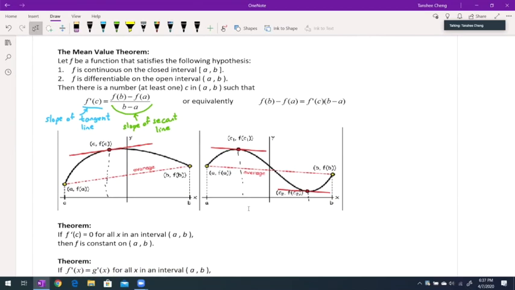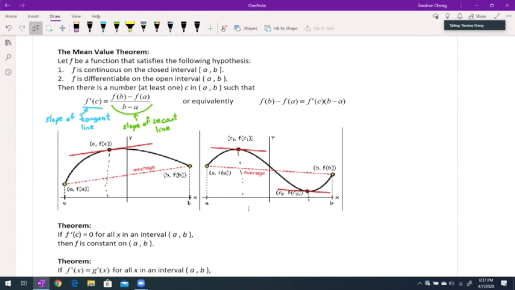Here's the main theorem that we want to look at, which is called the mean value theorem. The mean value theorem basically cuts off one of the conditions from the Rolle's theorem, a little bit easier to check. It says this: if a function is continuous on the closed interval [a, b] and differentiable on the open interval (a, b), if these two criteria are met, then the mean value theorem guarantees that there will be at